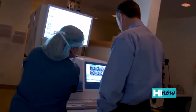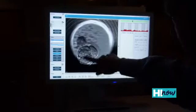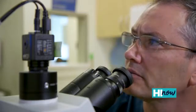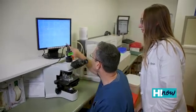PGD is a little different. PGD is Preimplantation Genetic Diagnosis, and this is used when we have a family who has a genetic disease that is propagated within that family. So if somebody is a carrier for a disease like cystic fibrosis or thalassemia or Tay-Sachs disease, those are specific gene disorders that we can then target on an embryo to see if that embryo is going to be affected